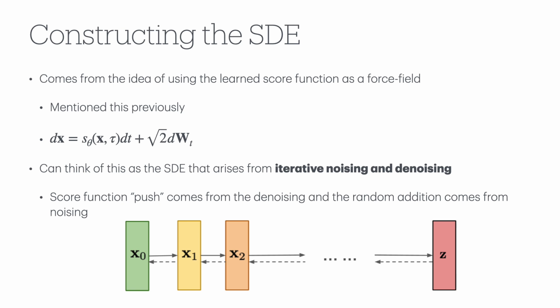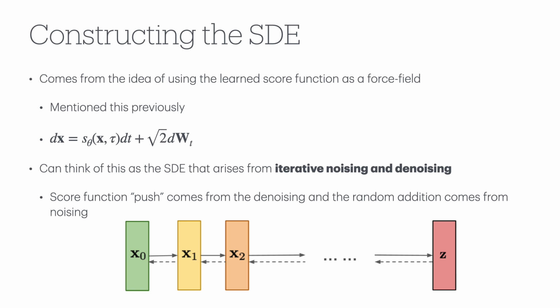Again, as I mentioned many times, this is coming from the idea of using this learned score function as a force field. And we want this SDE to look like exactly what I had previously, right? We have this score function dt plus a random process, right? Score function dt gives us a drift, random process gives us the random noise. And we can think of this SDE as the one that arises from iterative noising and denoising. So what we do is we say, okay, from x0 to x1, right, we noise to go from x0 to x1, right? We add some noise. This is like our random process. And our denoising